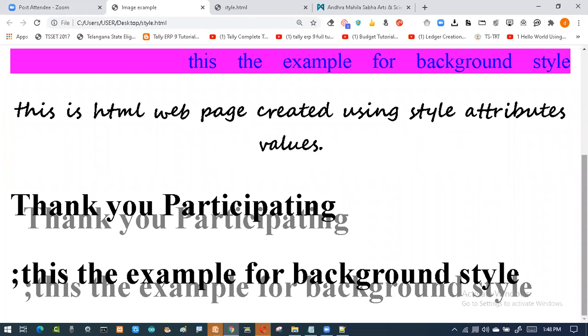So any doubt regarding this one? So this is how you're going to use your styles. We have talked about only the inline style sheet. Inline style sheet, what are the values? What kind of values can we use with this? If you go for many more programs, in that we'll get to know about margins, paddings, like this we'll be seeing. One by one we'll be knowing about this. So right now, till now, do you have any problem understanding the concept?